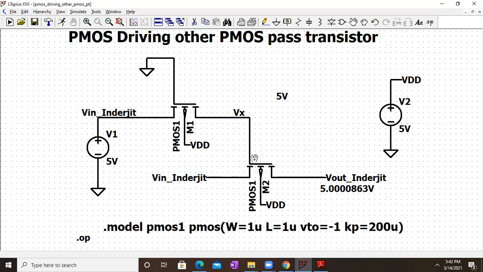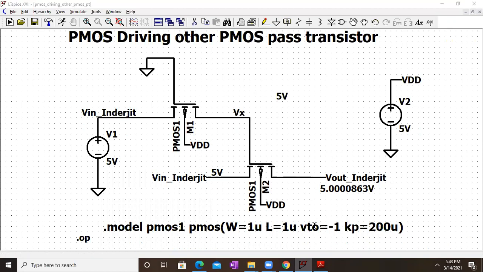Basically this Vin is also 5 volt, I guess, right? Let me check this value. Yeah, this is also 5 volt. And PMOS pass transistor logic passes a strong logic 1. That is why when we apply Vin as logic 1 at the input of the first transistor, the output Vx is at logic 1, that is 5 volt. Now, this gate voltage is given as 5 volt, but the output voltage is still at 5 volt. Now, how is this possible? We will look into it in detail.